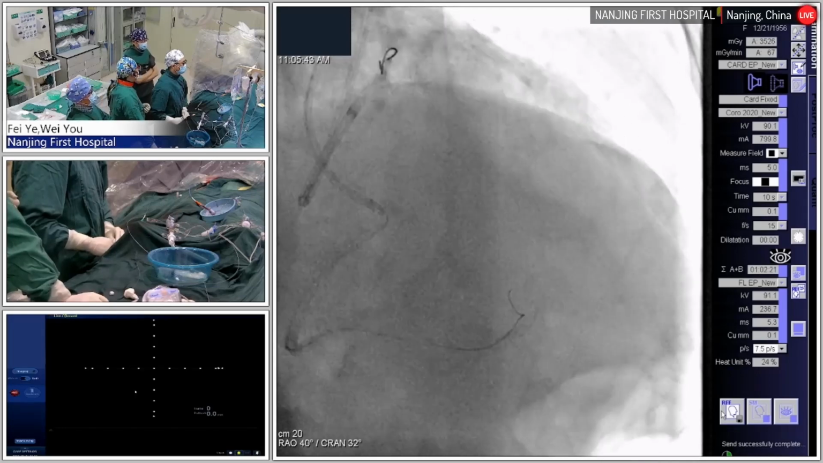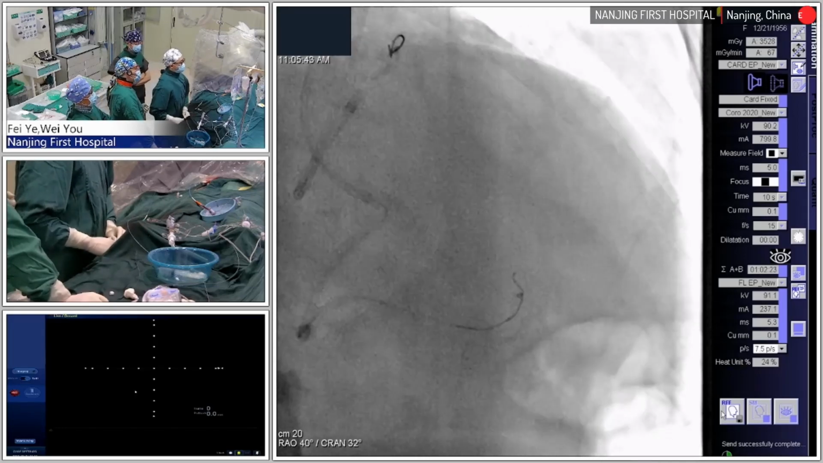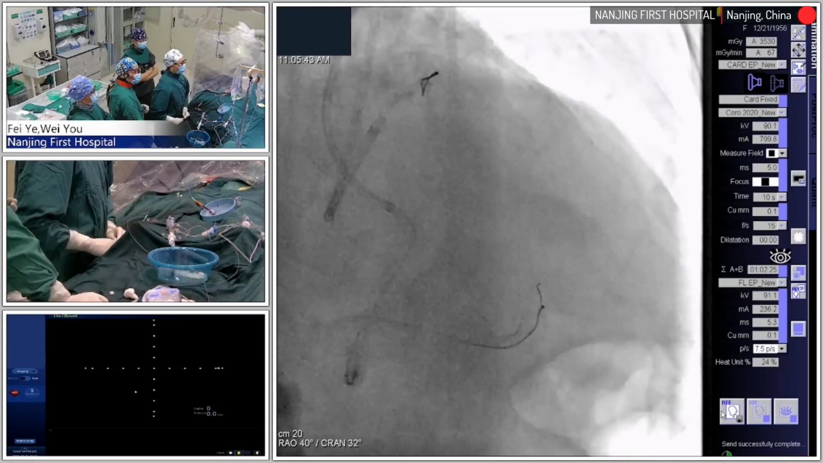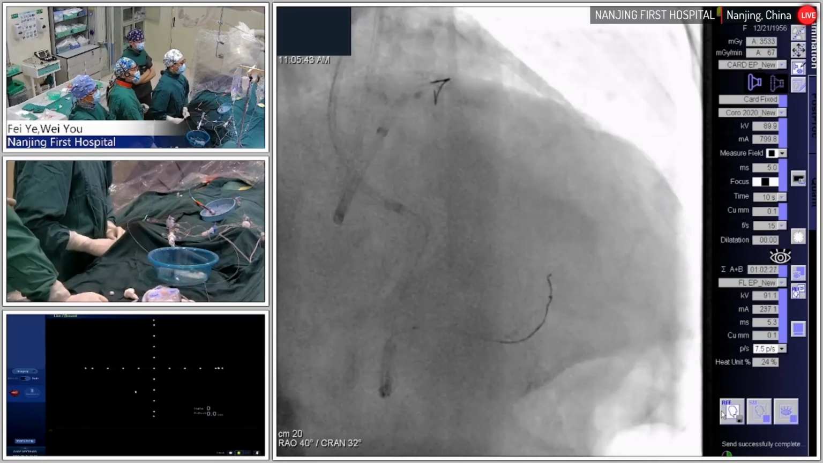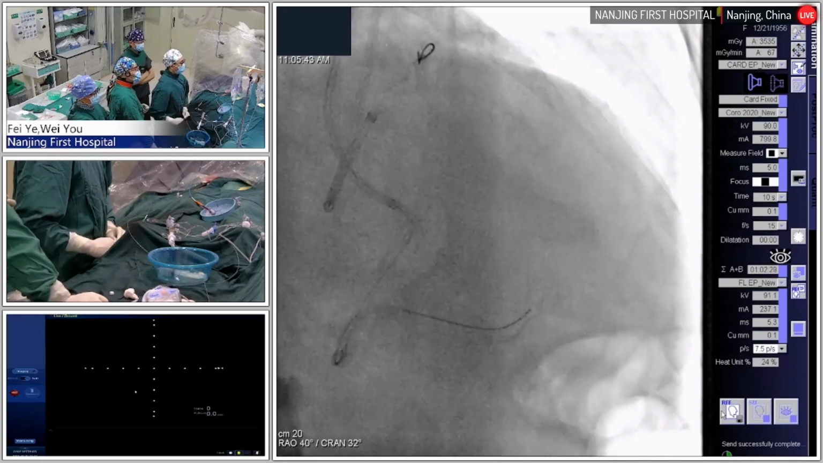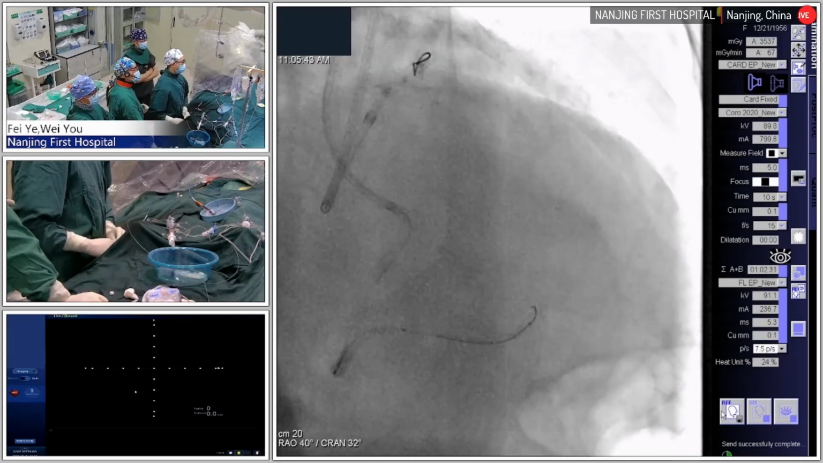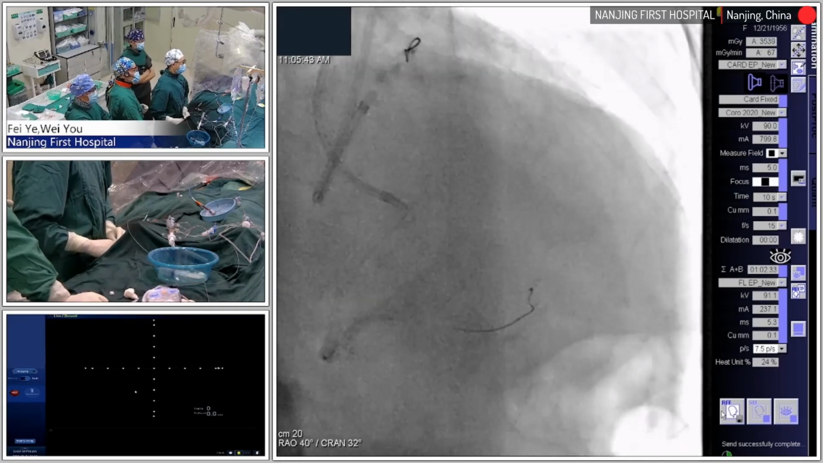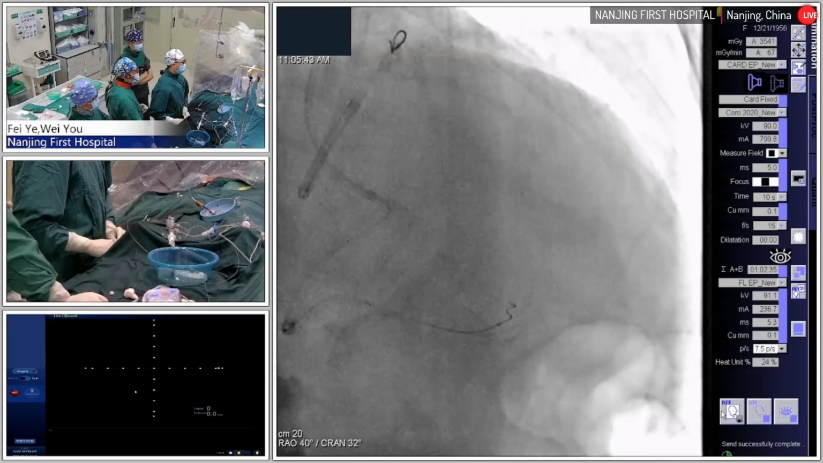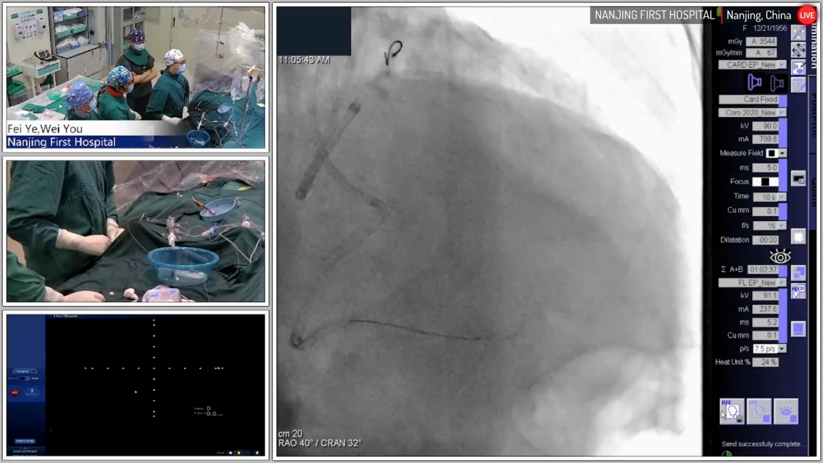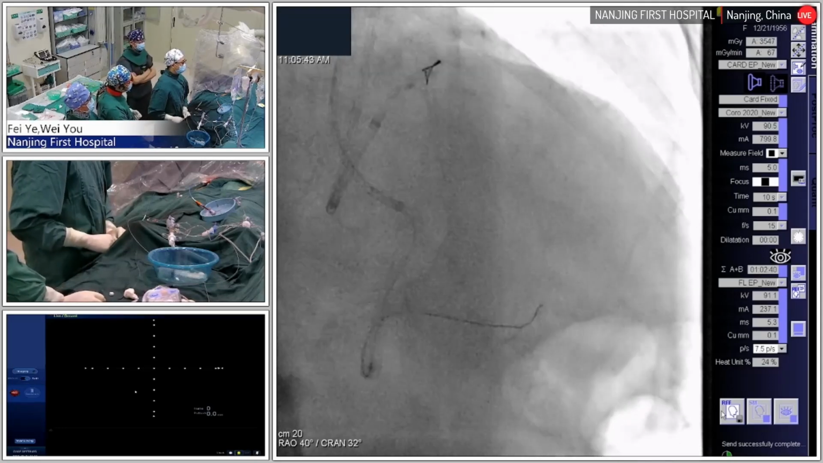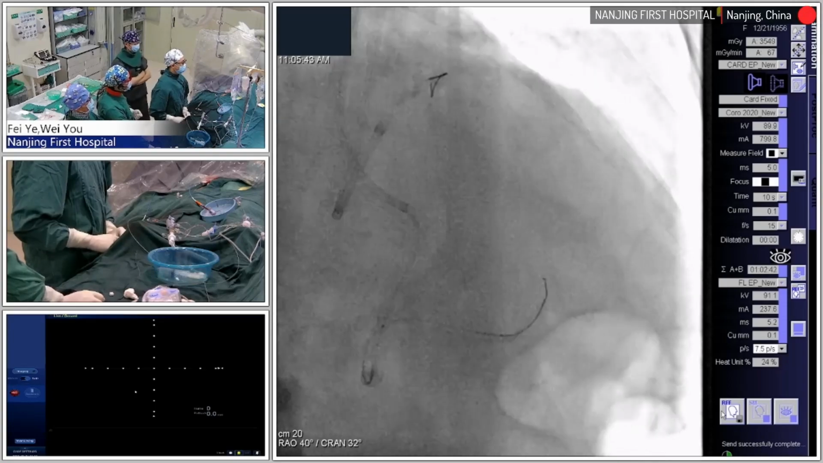So the epicardial collateral from the circumflex to the LAD was very tortuous. We also can see it clearly from the tip injection. That's why we cannot successfully use a retrograde tactic for this case right now. Maybe we can spend a lot of time, a lot of times